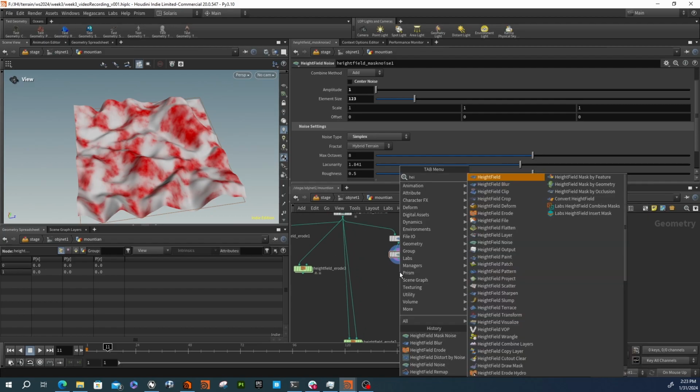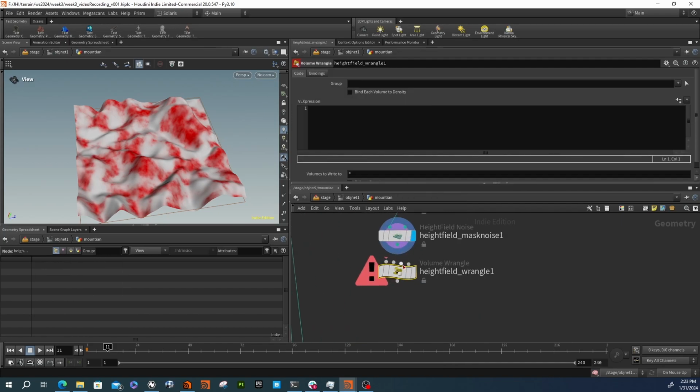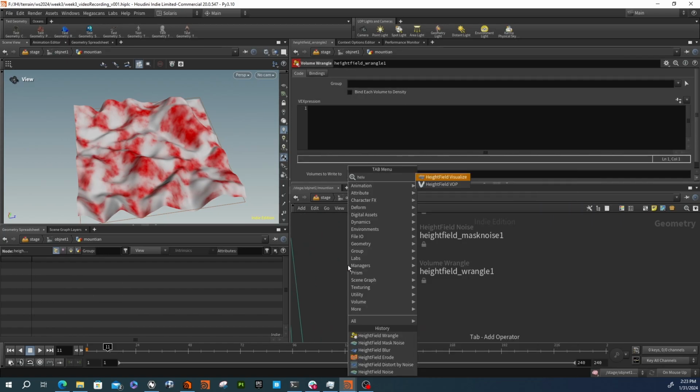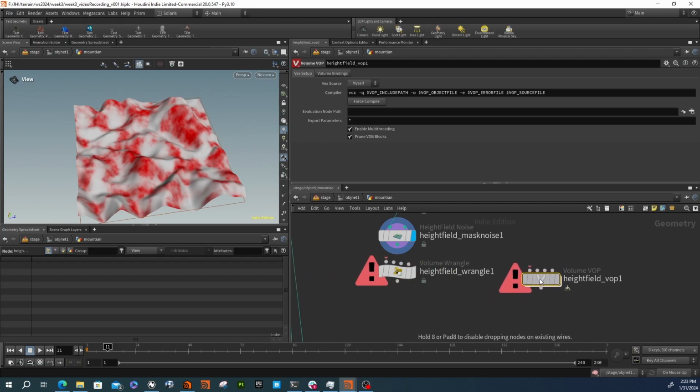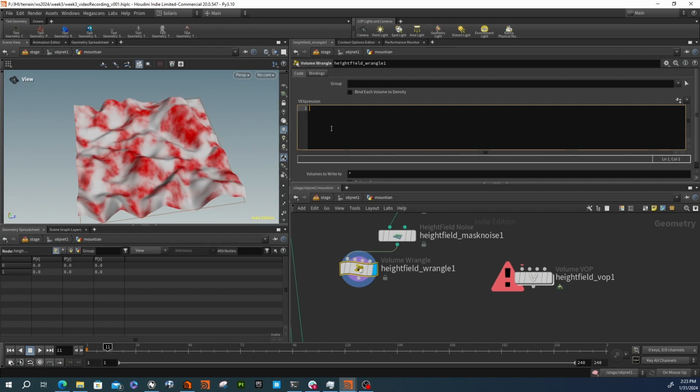I'm going to say height field wrangle. Let's see if there's a height field VOP. We can do this in either a wrangle or a VOP. The reason I like a wrangle is because of how fast it is. I say @height, right? So that's the channel that is the height field. And I'm going to say minus equals @mask